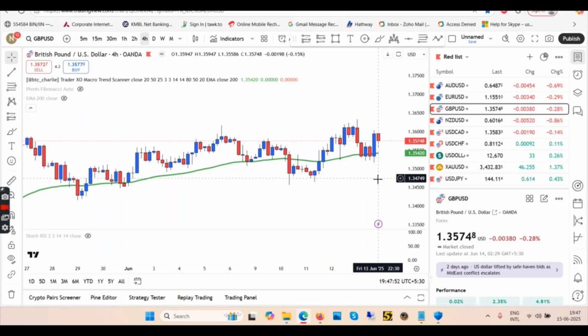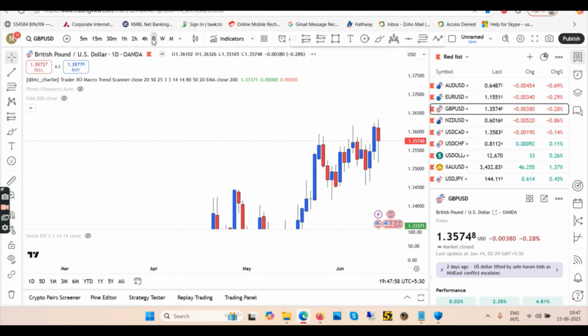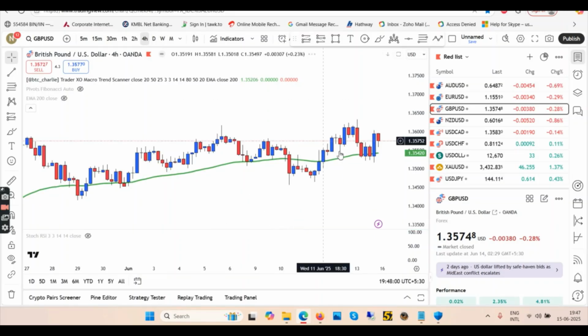If you're a scalper, whatever you are, especially in 4 hour, 1 hour, look for longs. That's all I have to say. The trend is up, 4 hour is up, daily is up, and weekly is also up. We will crash, as in the dollar and the euro will start coming down in the coming few days, maybe, because I think sooner or later, within a week or within 10 days, the dollar will start going up. And when that happens, that means GBP and euro will come down massively.